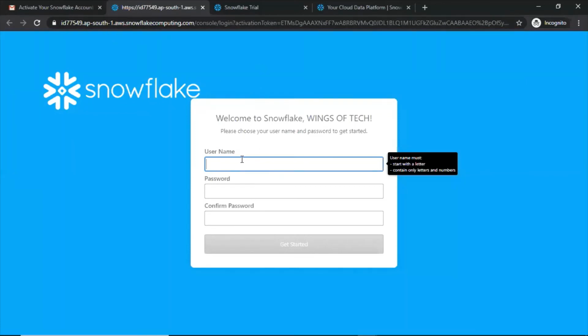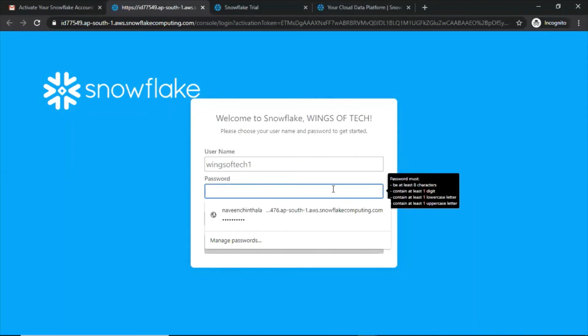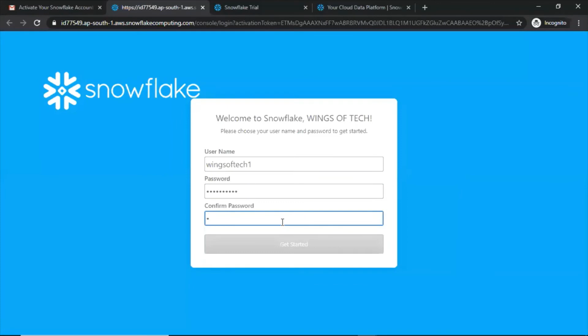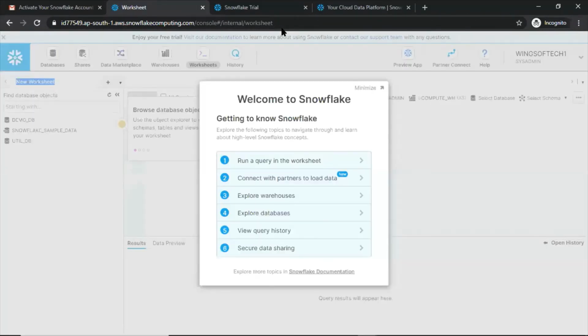Now we have to give some valid username. I'm giving my username and click on get started. You have to remember the username and password you just gave, and this entire link.